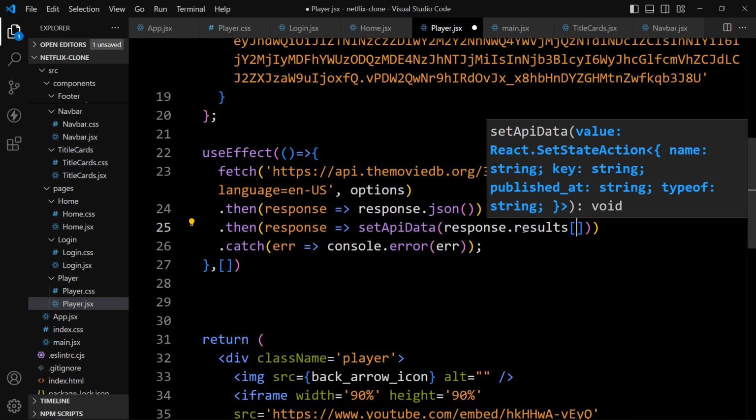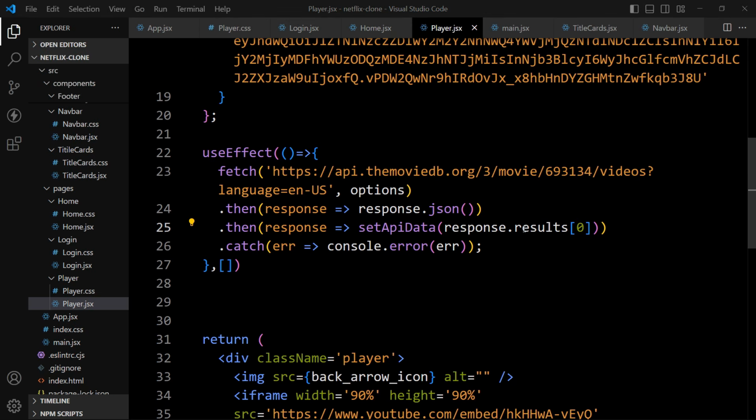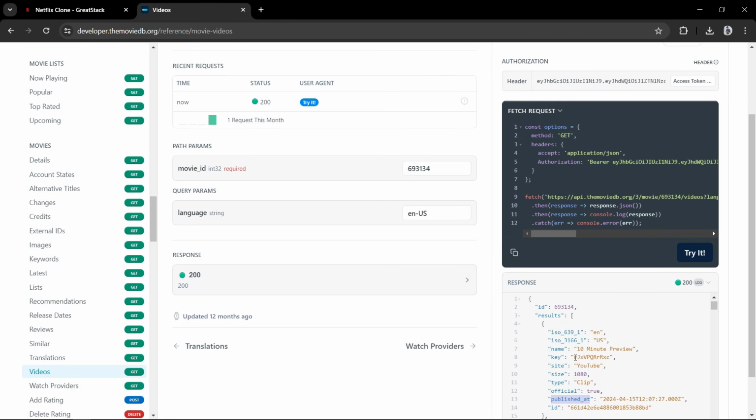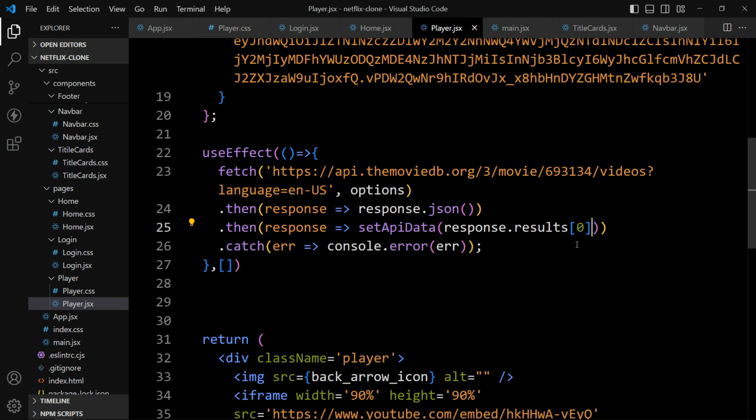And in this result we need the data from the first object. So we will use index 0. So it will give the data from this first object, which is here. You can see here we have the results, and in this results we have this array, and from this array we have to find the first object. So we are using results index 0.